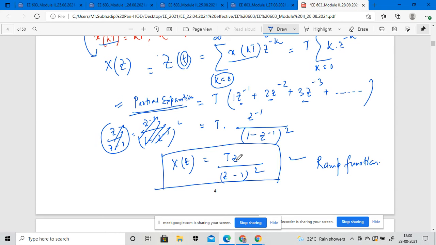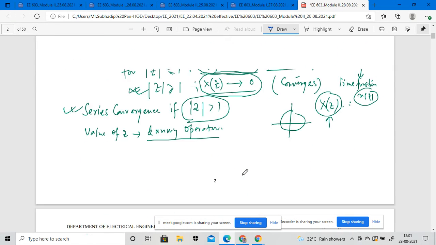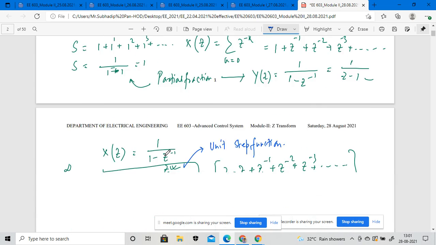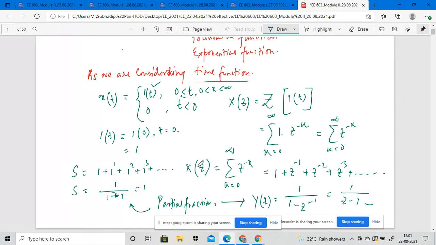Okay, so for expanding this particular equation, we will consider a different kind of methodology, right? For that case, we will consider this equation for the unit ramp function, and this one as a unit step function. In both the functions, we will consider the values as a function of z, as we are implementing the z transformation in the two-sided z transformational method, right?